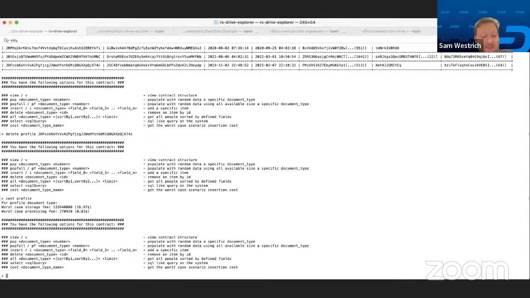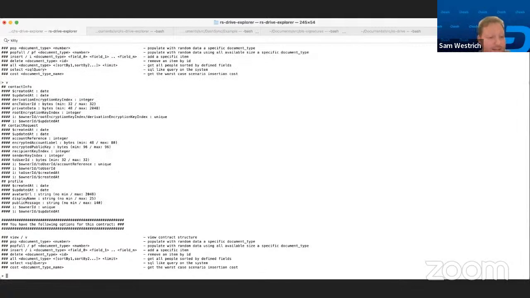And there's a lot of storage going on. If we look at why that is, we go into here and we see that the avatar URL has no minimum, but the maximum is actually 2,048 characters. The display name is 25 and the public message is 124. What we have to think about is that the max here is not bytes.